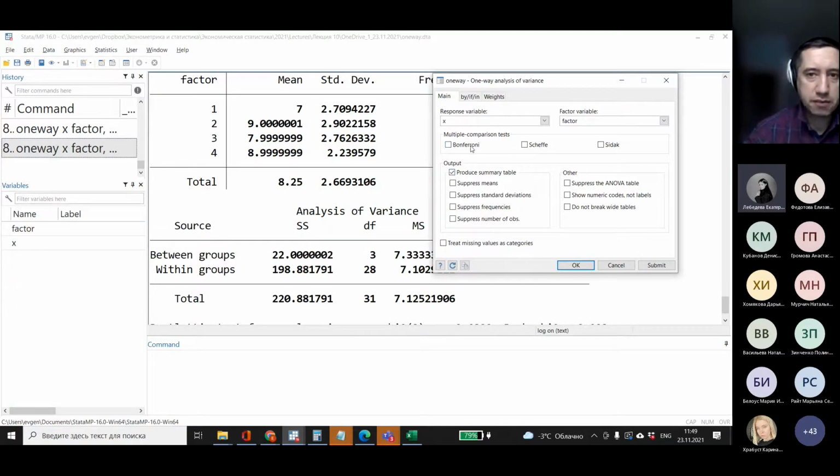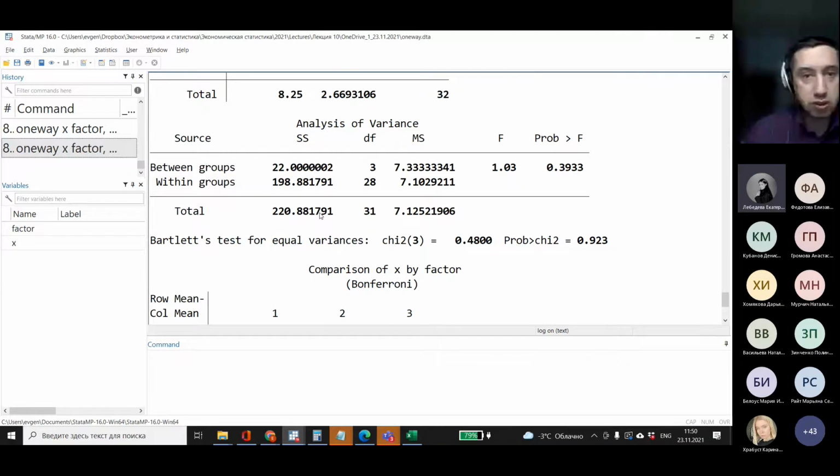Also we have 3 interesting options: Bonferroni, Scheffe, Sidak. Why do we need all of these options? If you read the heading, multiple comparison test, it could be clear that these options are used to identify which averages are very different from other averages. In this case, by the way, it doesn't make sense to click on these options because we didn't reject the null hypothesis. But if you reject the null hypothesis and if you need to find the largest mean, the smallest mean, use at least one. For example, if you click Bonferroni,